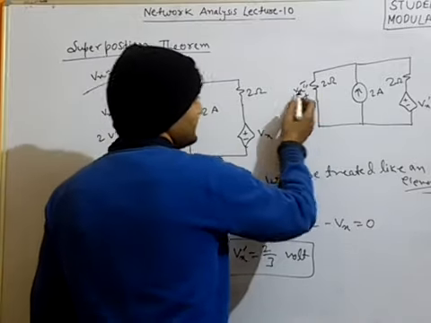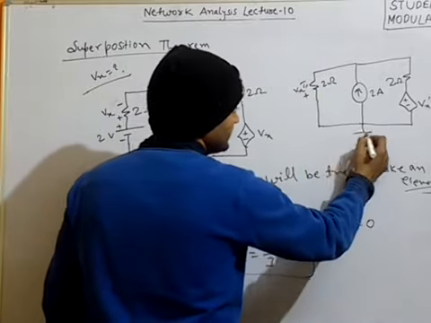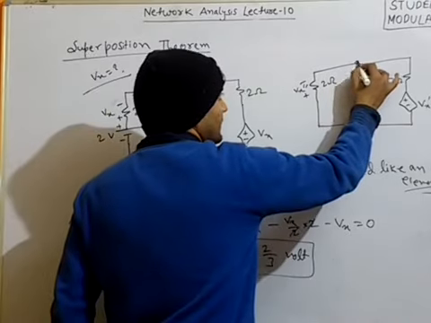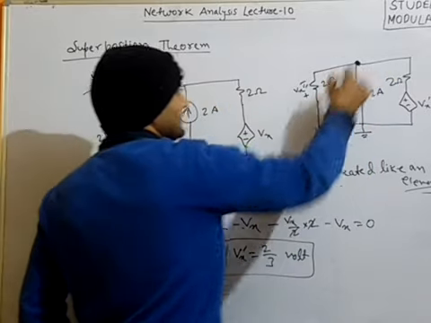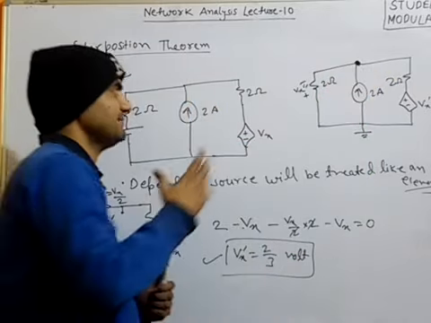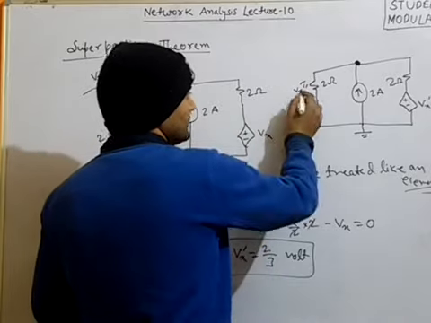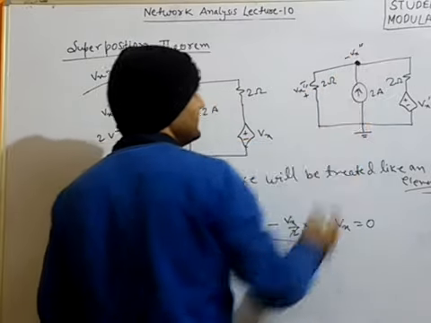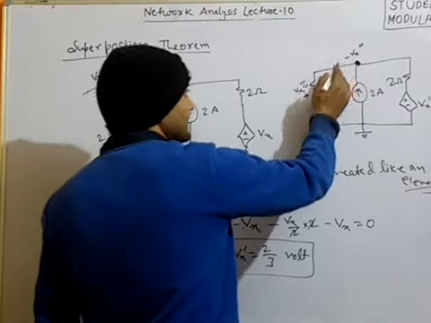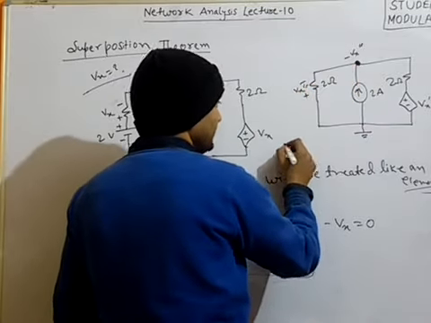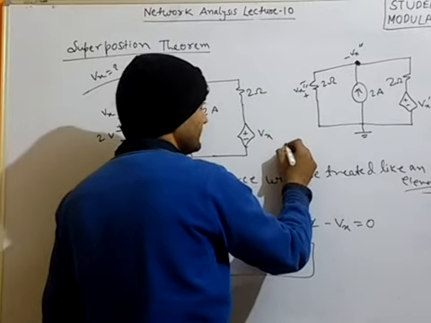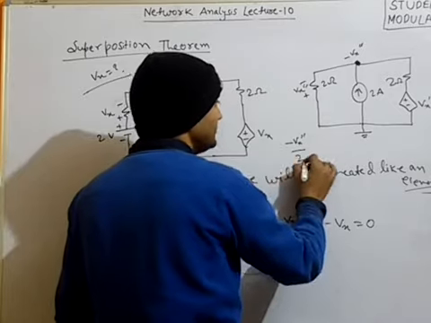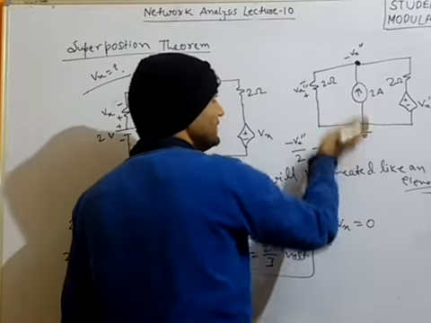Okay, so plus minus Vx we can consider as ground, and applying the nodal analysis at this point means KCL, simple KCL we will apply. So it is plus minus Vx dash double dash, it means minus Vx double dash will be the potential at this level. Okay, so writing the KCL simply, minus Vx double dash divided by 2 minus 2 the incoming current,